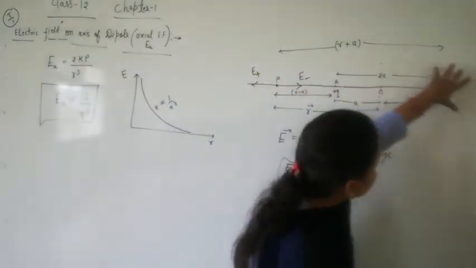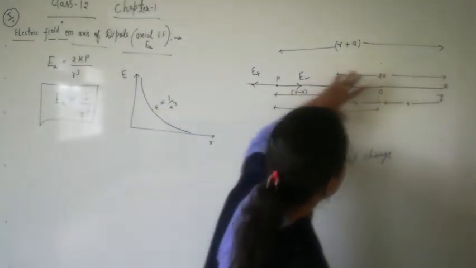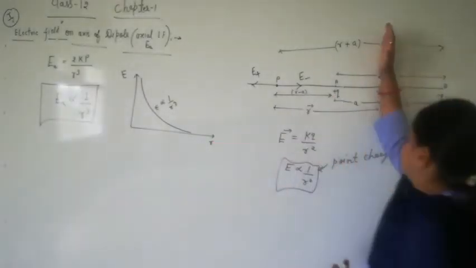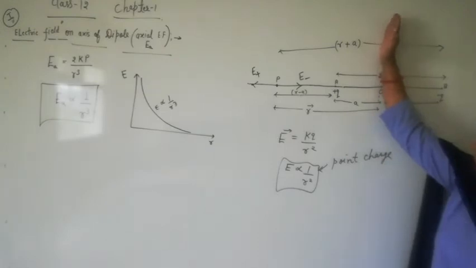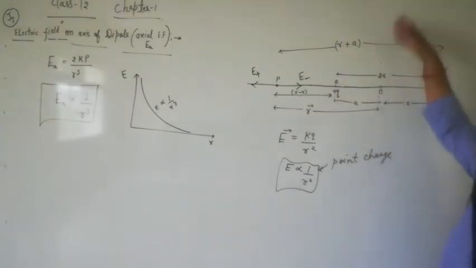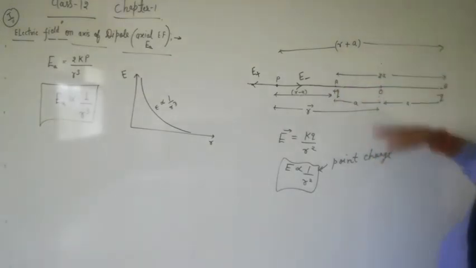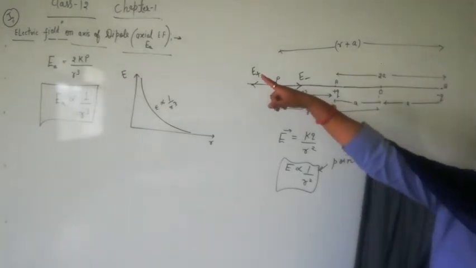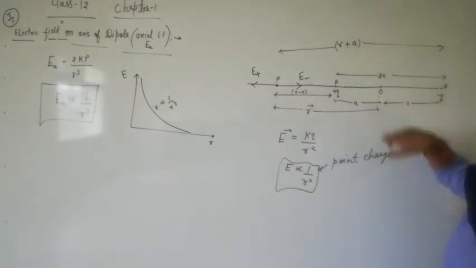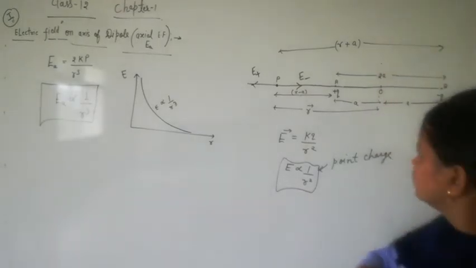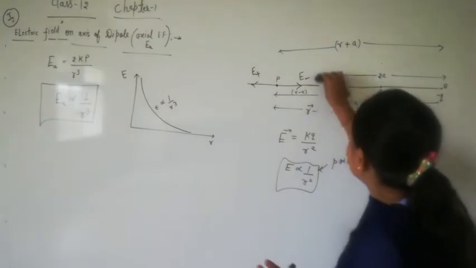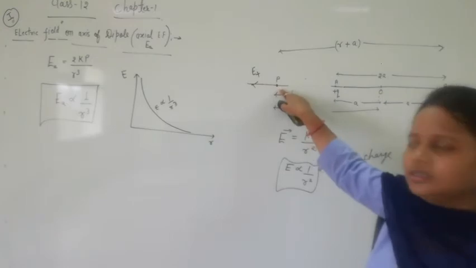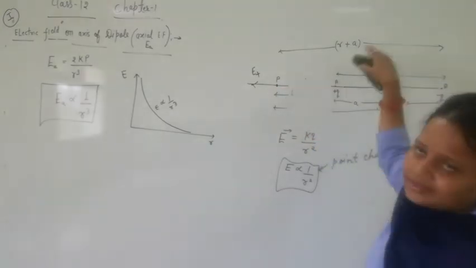Actually, this is the axial direction of a dipole, but at the perpendicular direction of this axis, there is the equatorial axis, and our next derivation is the electric field calculation on the equatorial axis. So only in the diagram, this part is removed. Only the target observation point is at the equatorial axis.